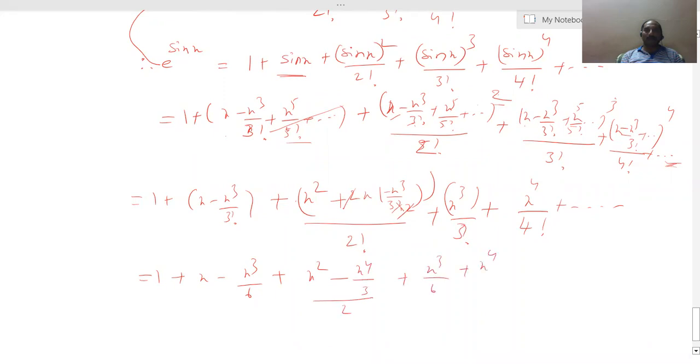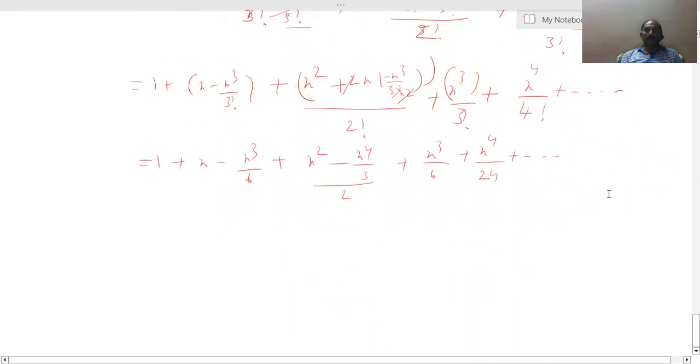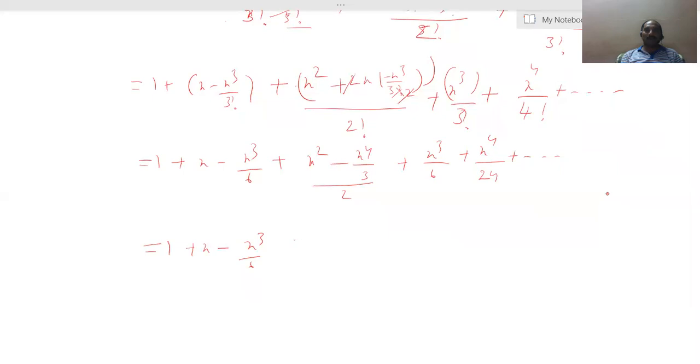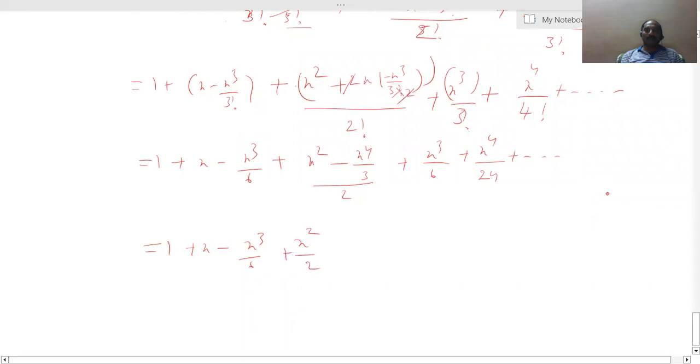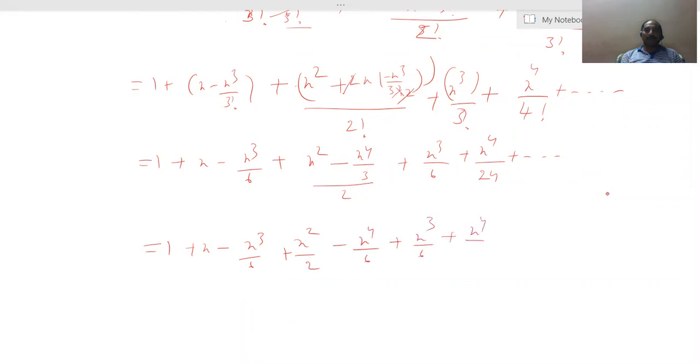Here x power 4 by 4 factorial, 24, plus and so on. If you have any patience, simplify further, because we need marks in the examination. It is better to simplify further. Here 2, x square by 2, minus x power 4 by 6, x cube by 6, x power 4 by 24 and so on, which is